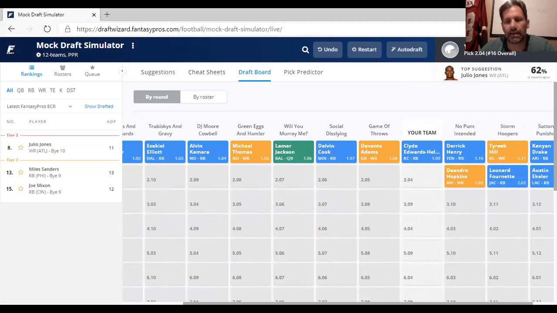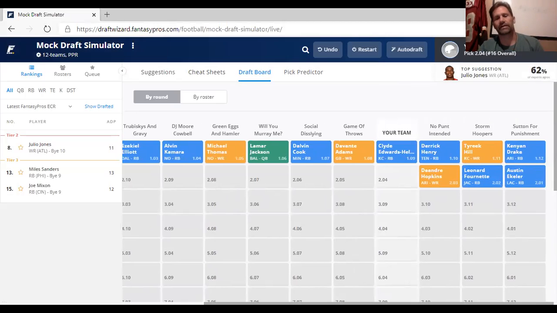And as I said, KC is one of those teams that didn't have any kind of turnover as far as coaching goes. So the coaching pretty much is going to stay the same. Now, we see Kenyon Drake's gone, Tyreek Hill, D-Hop, Leonard Fournette in PPR. Look, I'm not really convinced, especially, like I said, with Chris Thompson coming in and Jay Gruden being the OC, you know he's going to lean on him.